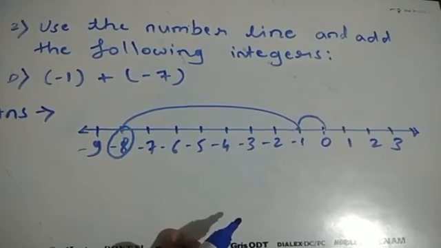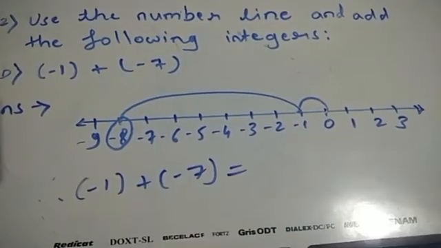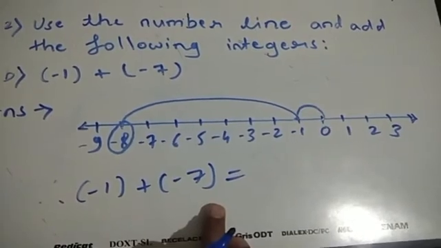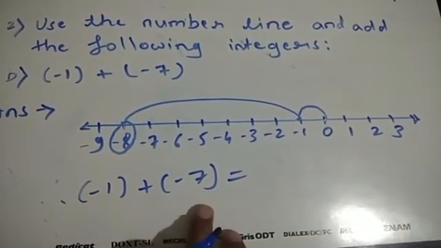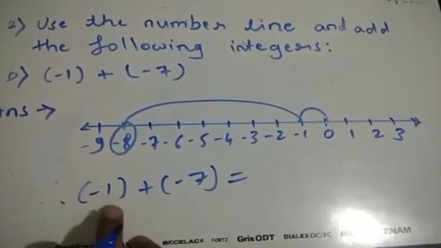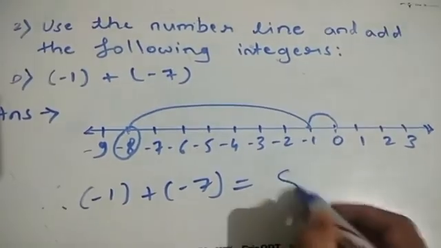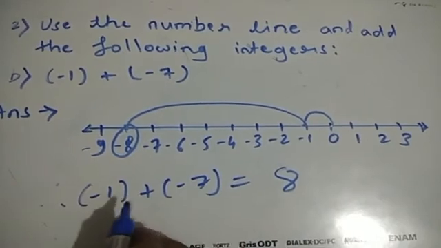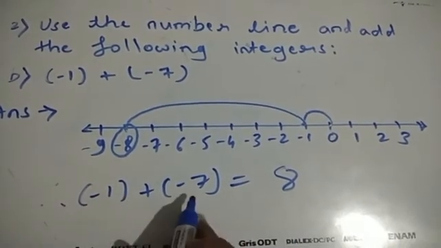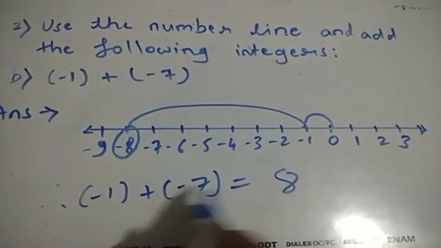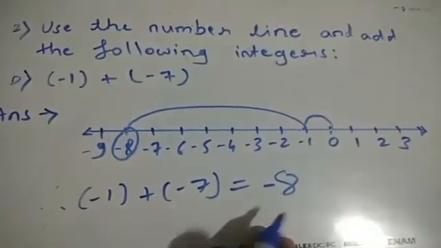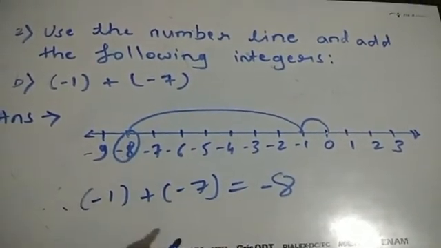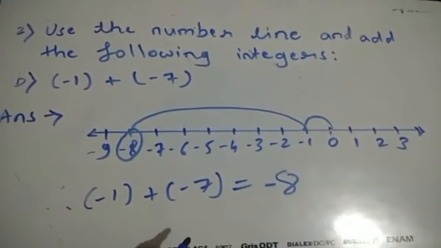And this we can see in this way also. As minus 1 and minus 7 are negative integers, and if both the integers are negative, then we need to add them. Therefore 1 plus 7 is how much? 8. Correct. And for the greater integer, by ignoring sign, decide which one is greater. So 7 is greater and its sign is minus. So minus we can put here. Therefore minus 8 will be the answer in this way also. Correct. And here also we can see the answer is minus 8. I hope you understood this.